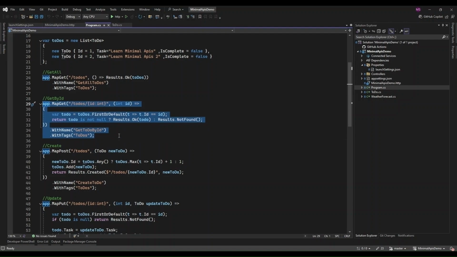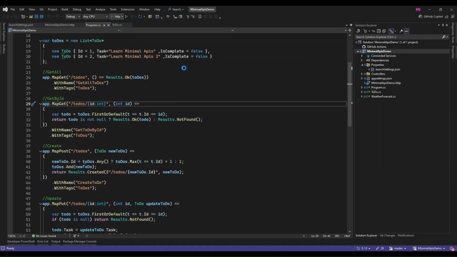For this demo, we are focusing on the to-dos API, specifically the GET method that retrieves all to-dos from our list. We will use this endpoint to create a collection in Postman for load testing, which will help us simulate multiple requests to see how our API handles the load. Let's jump into Postman and set up the collection.